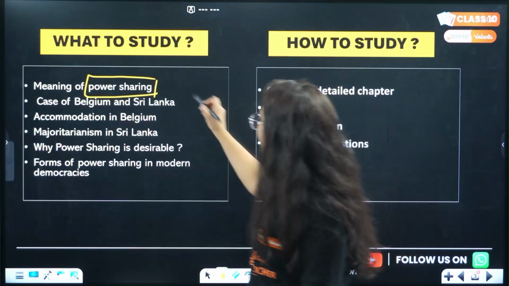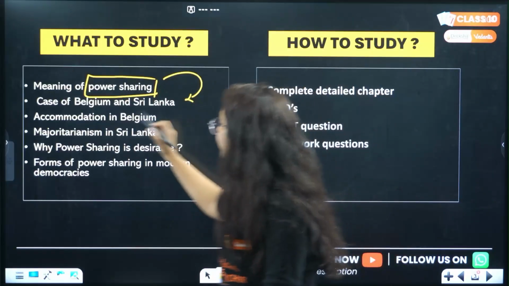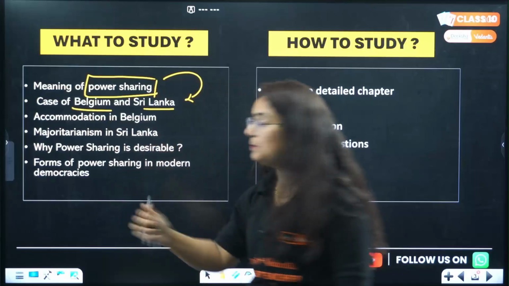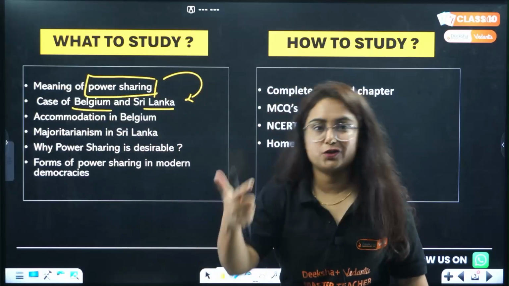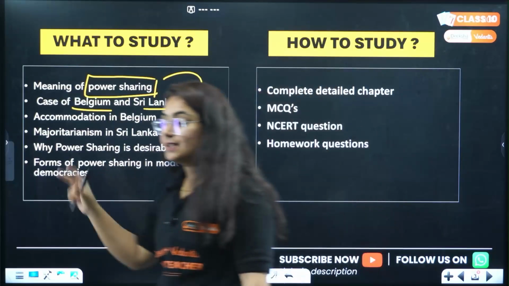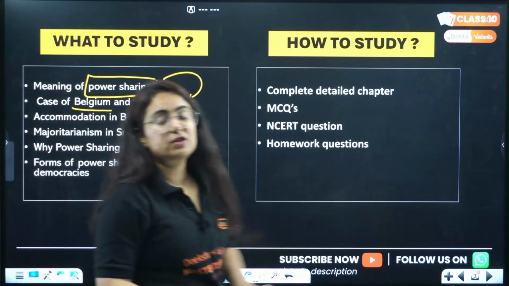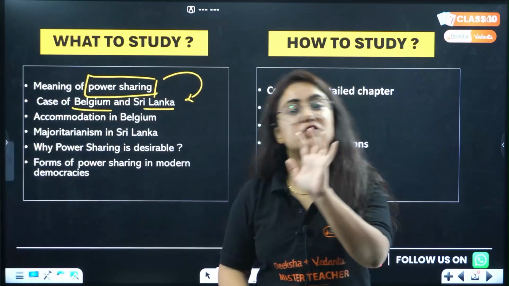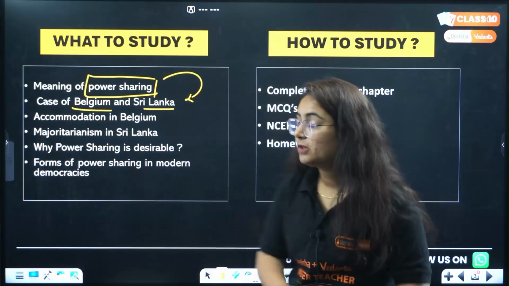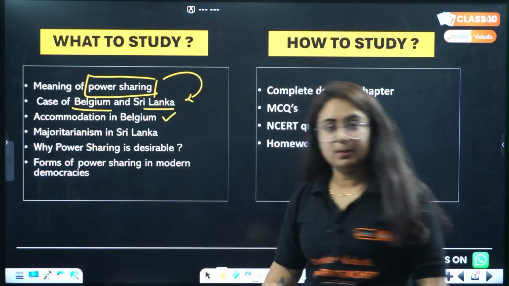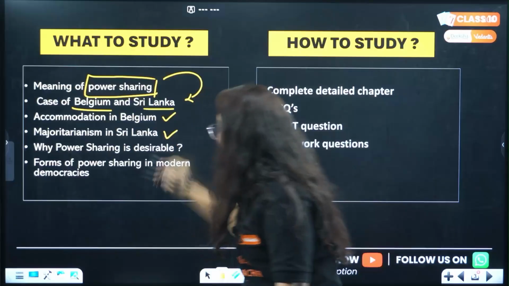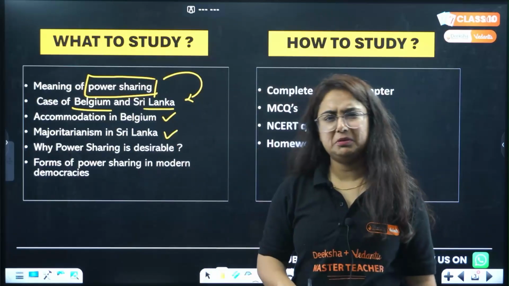The NCERT book makes us understand this concept with the help of two cases. One is Belgium and the other one is Sri Lanka. In one case, power sharing was adopted. However, in the other case, power sharing was not adopted. Right? Accommodation in Belgium was done, majoritarianism in Sri Lanka was done, and you might be thinking, ma'am, what are